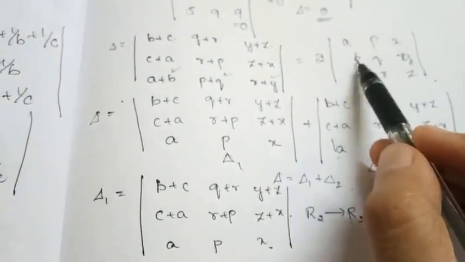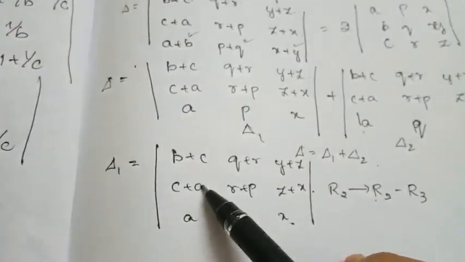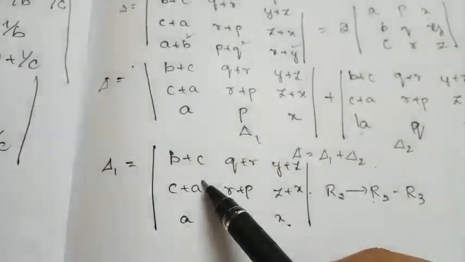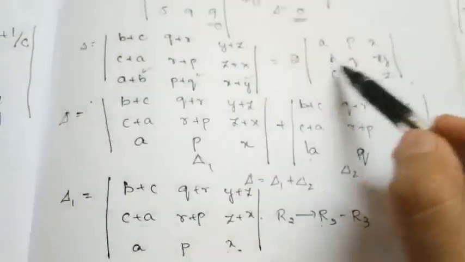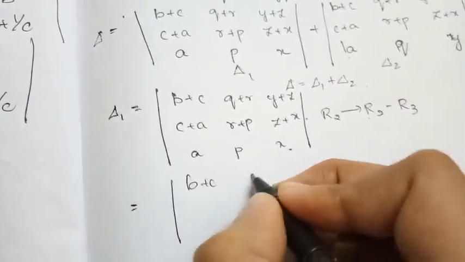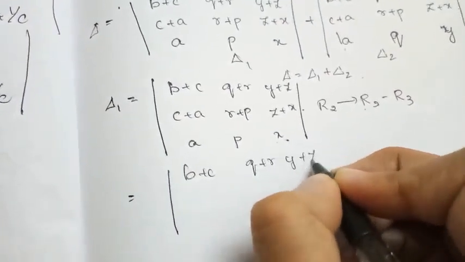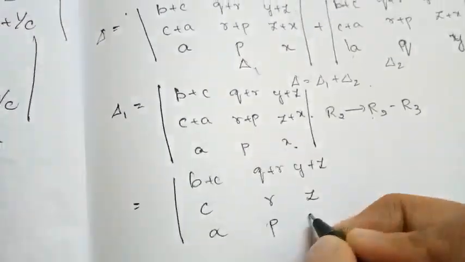One row, A, P, X, is already present, let it be wherever, but we have that element. Next is P, Q, Y and C, R, Z, so we need that one. If I take A common, if I subtract A from this one and P from this one and Z from this one, we are going to get C, R, Z, which is another row of the required determinant from the RHS. So I am doing this operation. After that operation, what am I going to get? B plus C, Q plus R, Y plus Z. Here this becomes C, R, Z, and this retains as it is.